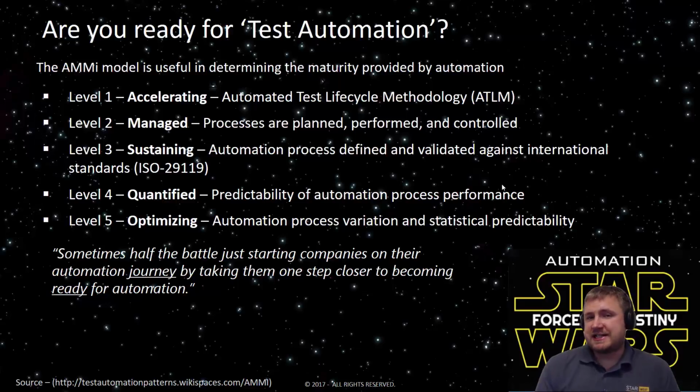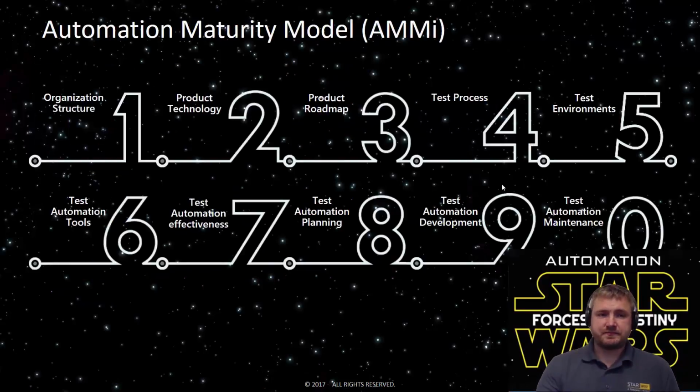However, when you're trying to get to level 4, which I've rarely seen within the automation community, is then when you're starting to understand and predict what you're expecting as the output. Equally, one of the things that I spend most of my time now with customers is in the 5th level around optimizing that. So that's looking at modeling and understanding the probability, the statistical predictability of what you're trying to achieve. So understanding where you are on this journey is absolutely essential.